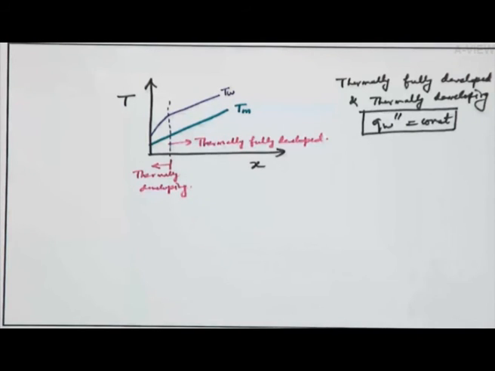Then we discussed internal forced convection, the discussion is still going on. We have discussed the concept of hydrodynamically and thermally developing and fully developed flow, and in that context we discussed how to write an expression for the overall energy balance. In that context, for constant wall heat flux we introduced a concept of LMTD, but which can be generalized for constant wall temperature, not for constant wall heat flux. For constant wall temperature we introduced a concept called LMTD. Now that can be used not just for constant wall temperature but for any other general case.